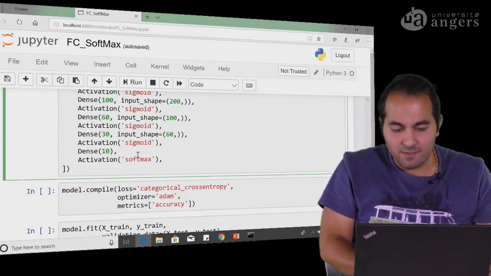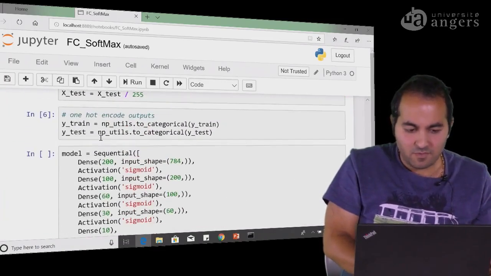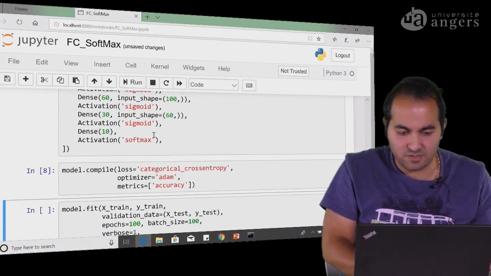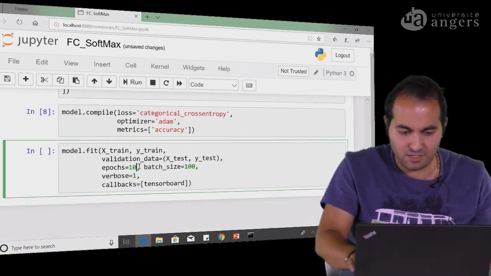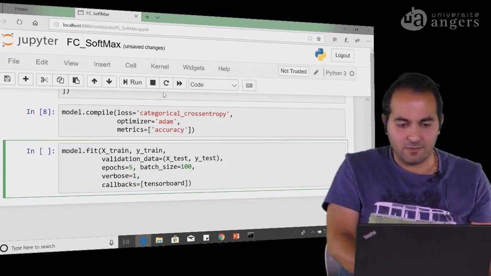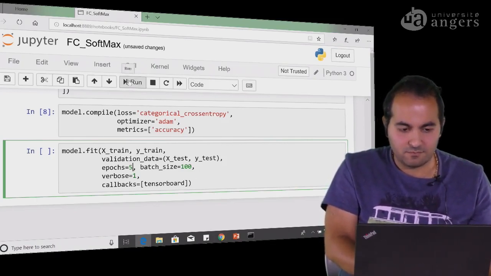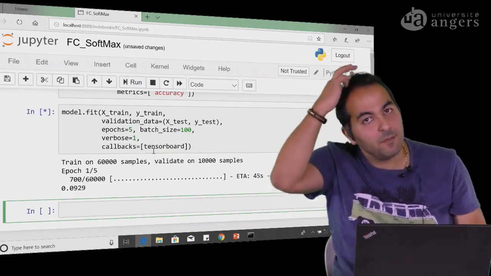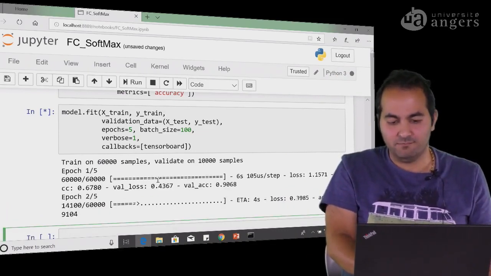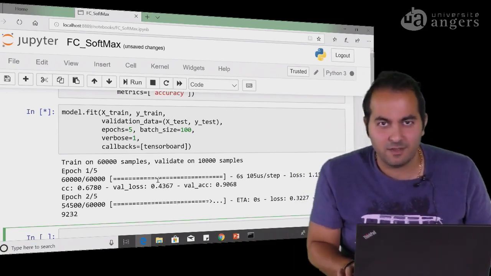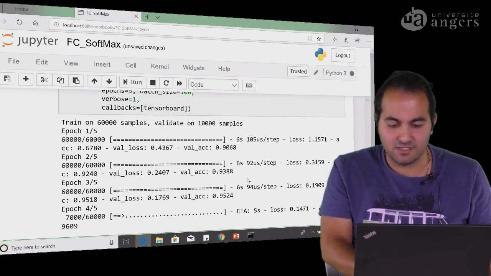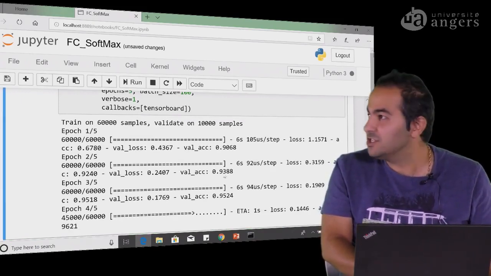So when we make this model, the next blocks are again the same as the previous one. So let me run it. Let me reduce the number of epochs to 5. That's fine. And then we call back the TensorBoard. So if I run it on the same number of data, you see it takes more time. I have a GPU on my laptop, but if you don't have a GPU, it takes more time on this. So here you see that at the second epoch,